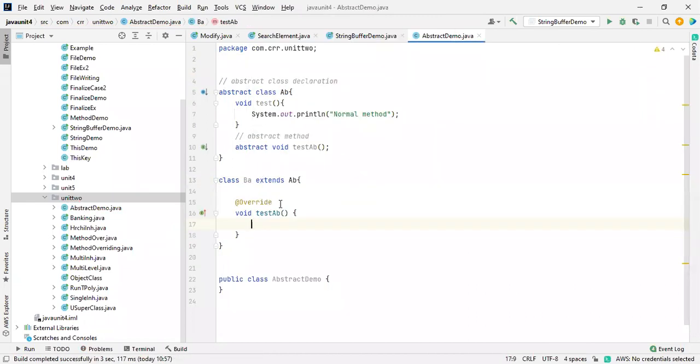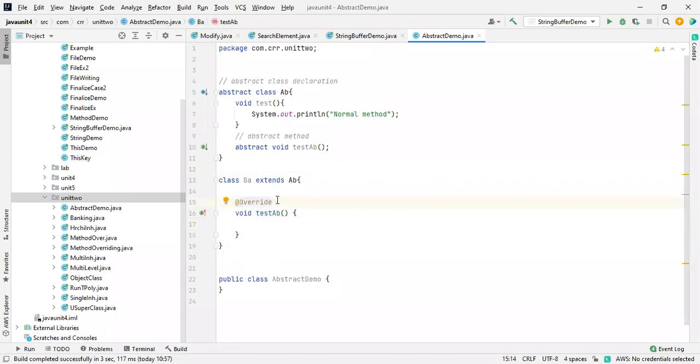See this one, now we got an override method. This is called an override method. When I hover over here, it says implements method in AB. Very, very important. Here we have @Override, which comes by default.